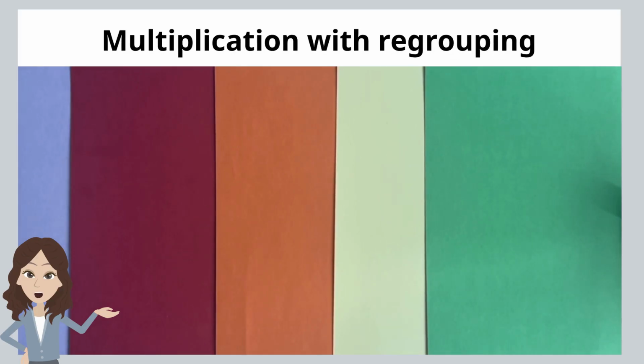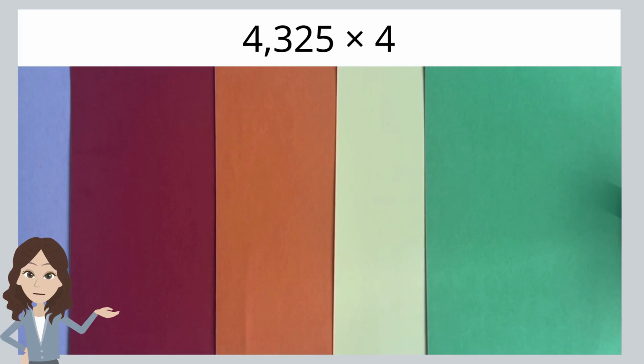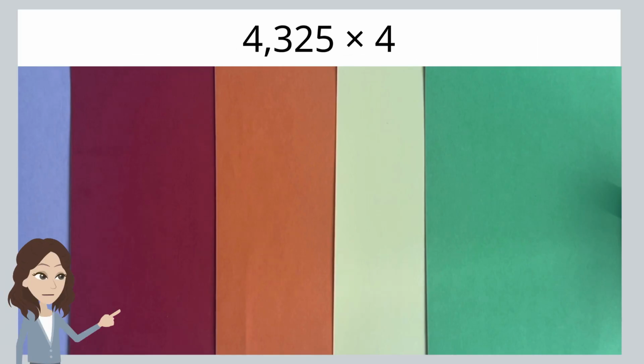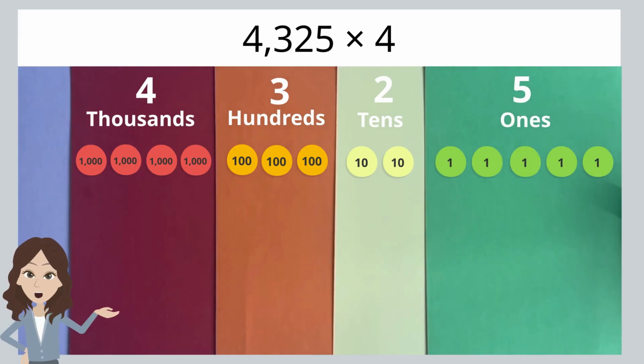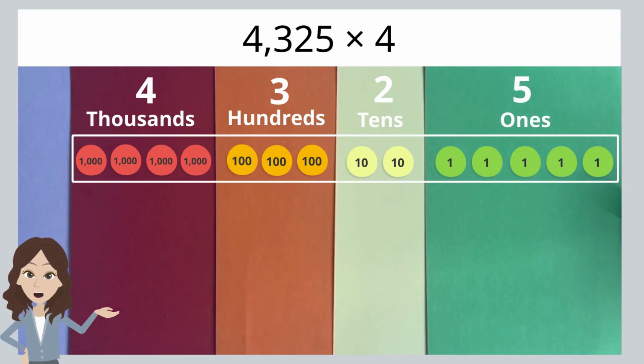Now let's multiply 4-digit numbers with regrouping. What is 4,325 times 4? First, let's use number disks to represent the number 4,325. When we multiply 4,325 by 4, it means that we have 4 groups of